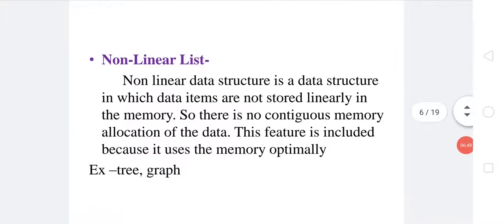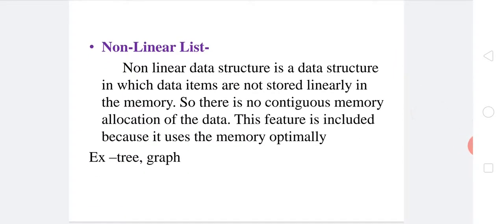Then we will see the next point. The next point is nonlinear list or nonlinear data structure. Nonlinear data structure does not arrange the data continuously, rather it is arranged in sorted order. In this, the data elements can be attached to two or more than one element exhibiting a hierarchical relationship, which involves the relationship between child, parent and grandparent.